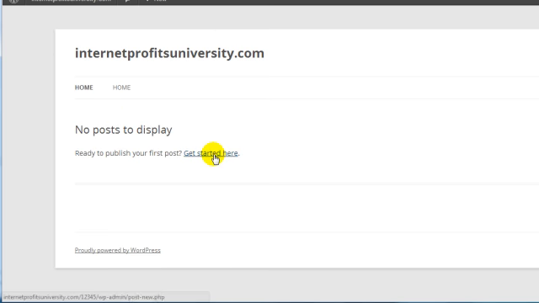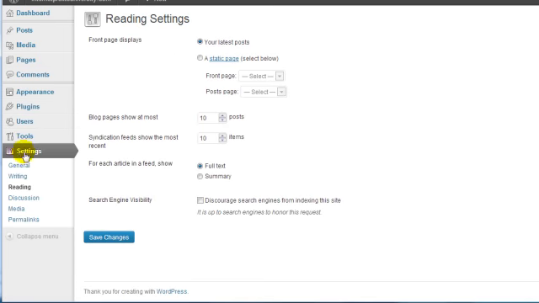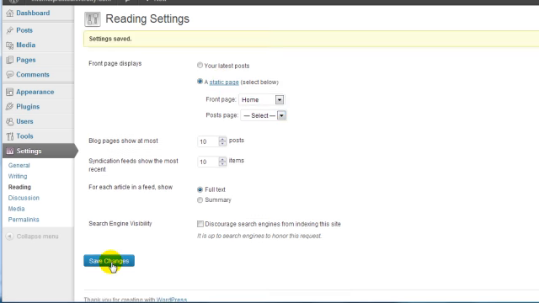But if you want your WordPress site to look more like a website, under settings and under reading, you'll notice that it says the front page displays your latest posts or a static page. Now, remember how I left the home page in the pages section? If I click on a static page and select front page to be home,